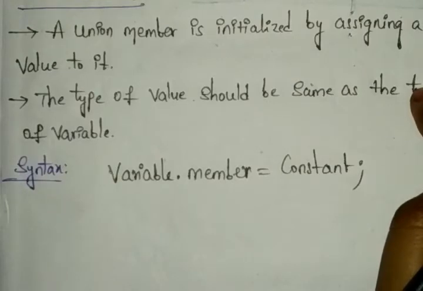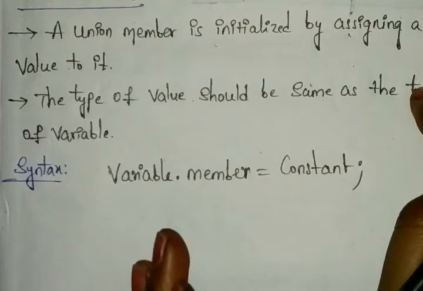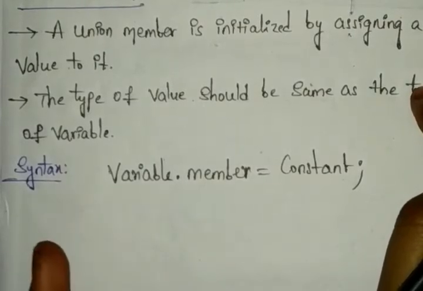The first member of the union can be initialized whenever you are declaring it, or else while declaring it only we can initialize, otherwise we cannot. Once the declaration is completed, we can come to the initialization part. And if the union member is of integer data type, you can assign an integer value only, otherwise the initialization is not valid. So the type of the value should be the same, right? If you are taking an integer, you can choose an integer value, otherwise this is not valid. For that case we have a syntax here.